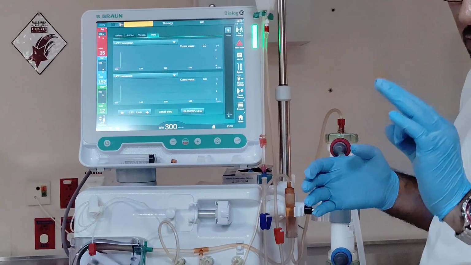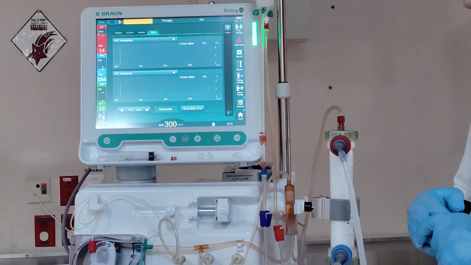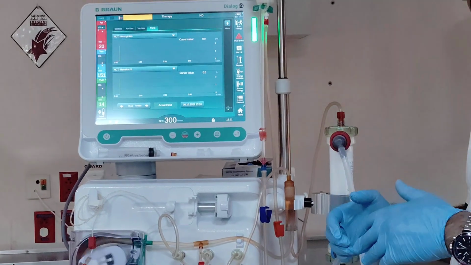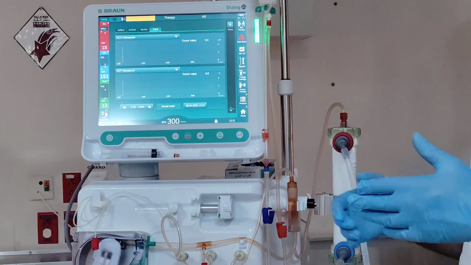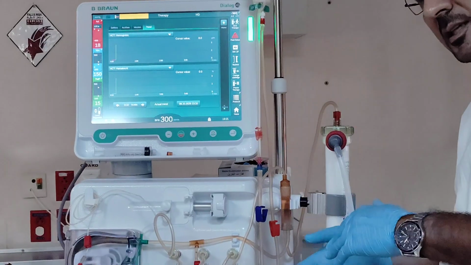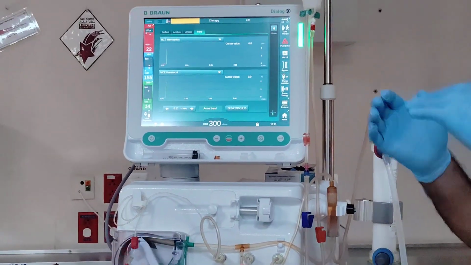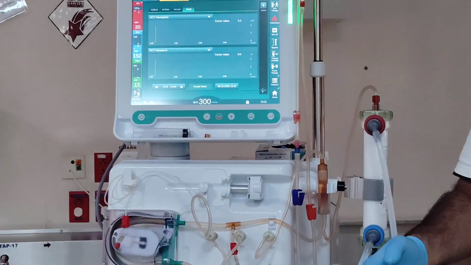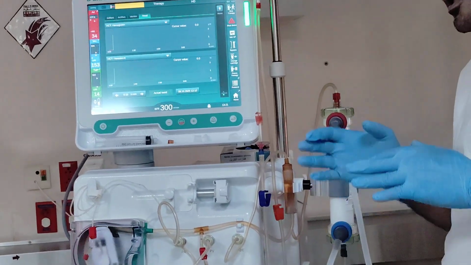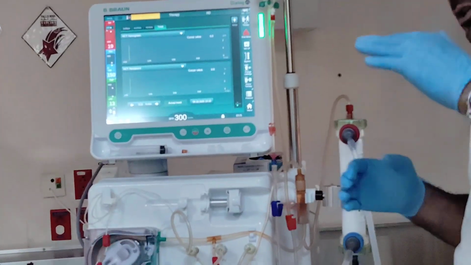If it's not 100% accurate, suppose we start with 10, and after 10 or 15 minutes we get a system log and again reconnect the system. It will show you the change between the last one and the current one. So even if the system does not give you an accurate parameter,